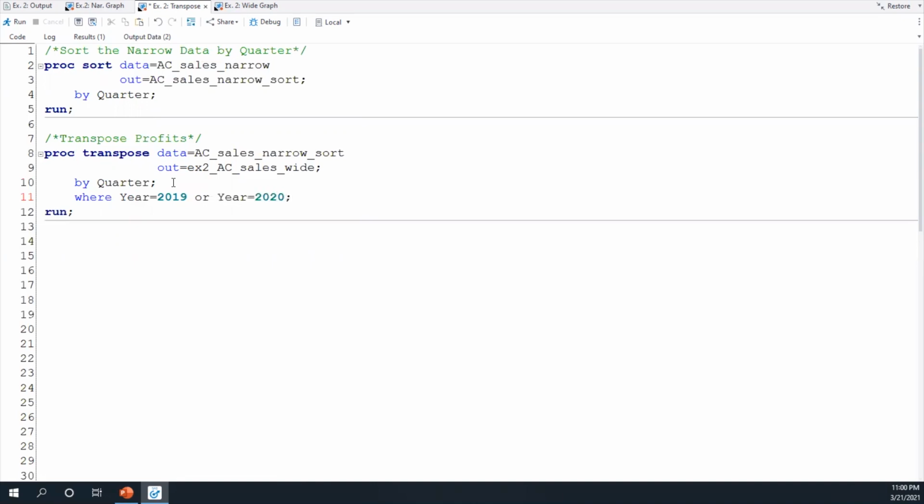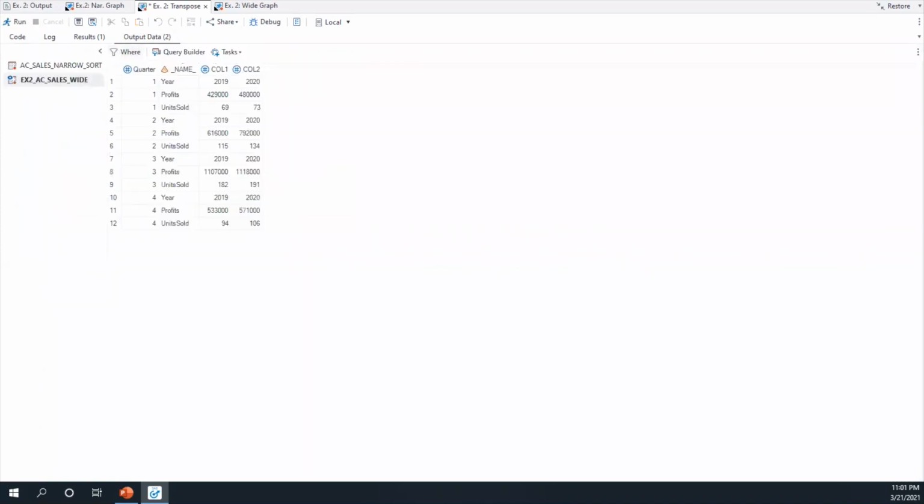This works fine, but we do have to type out year equals 2 times. If you'd like to cut back on your typing a little bit, you can instead use the in operator to say year in 2019 or 2020. Now I'll stick with this syntax just because it does save me a little bit of time. I'll run my program. And now looking at the output, I only have 2 of those columns, one for 2019 and one for 2020. So let's get back to the issue that we discussed before.